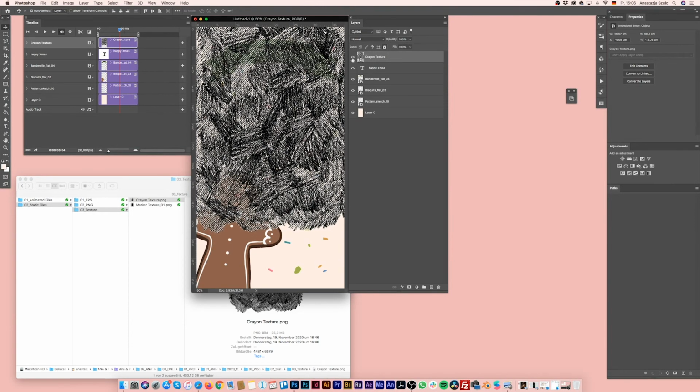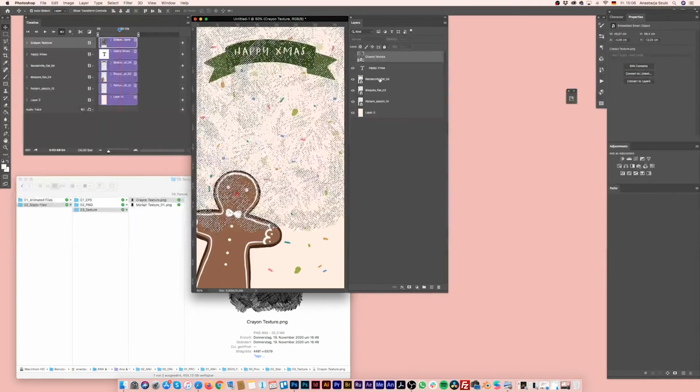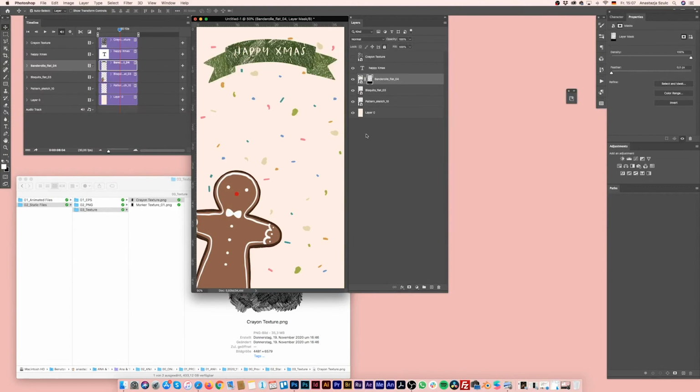Now it's selected. Then you can make it invisible. Go to your element you want to adjust with this texture, click on it, and then go down here on the mask icon, and here we go. Now you have this tiny little mask on top of your element, and this makes it kind of crayon style.